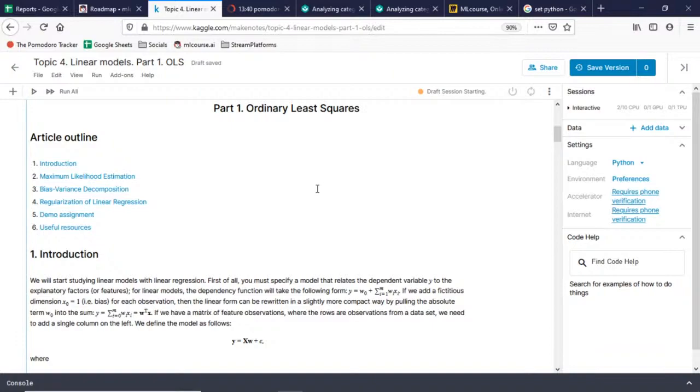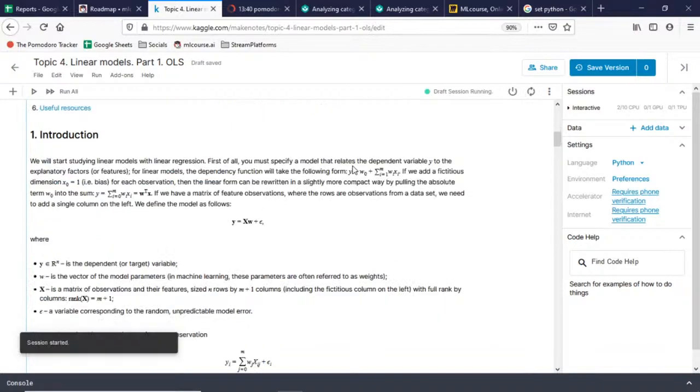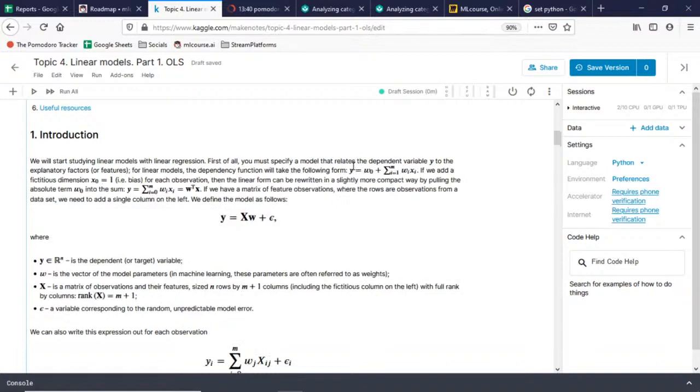Okay, we will start studying linear models with linear regression. First of all, you must specify a model that relates the dependent variable y to the explanatory factors of X. For linear models, the dependency function will take the following form: y is equal to w0 plus,